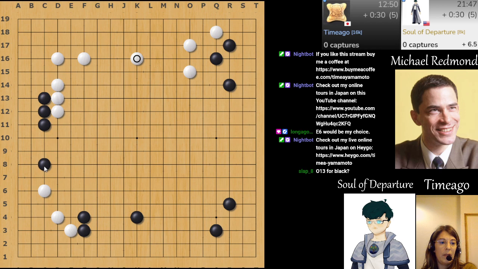I just don't know about the C8 stone. You think it's too far away? Yeah, maybe. That's a two space extension. I'd say that's probably okay. Yeah. Okay. All right. So then